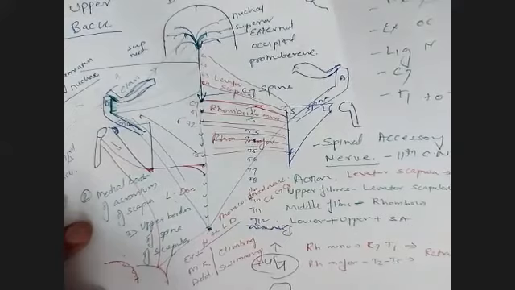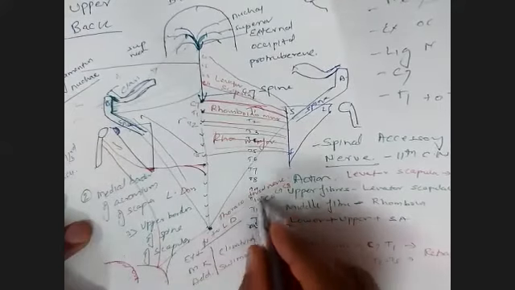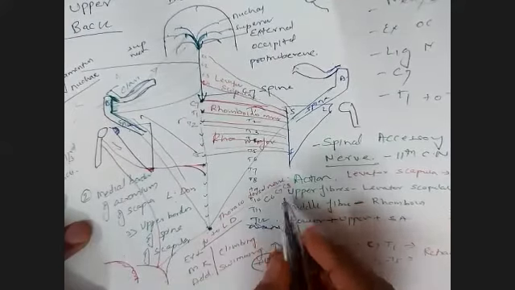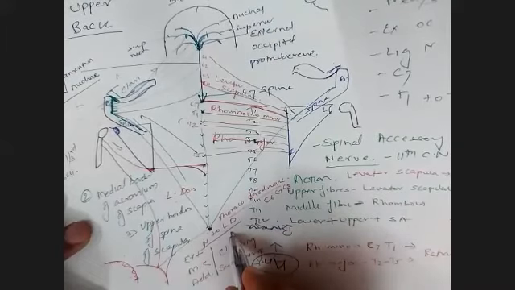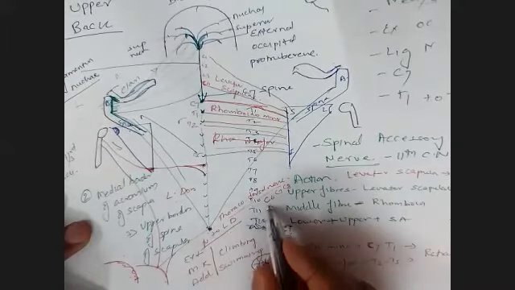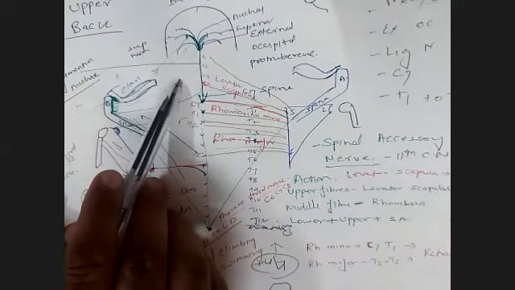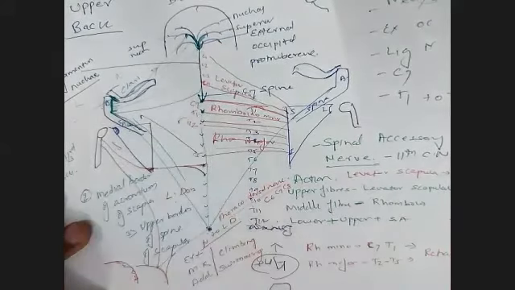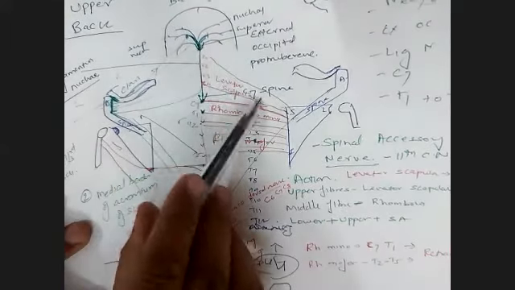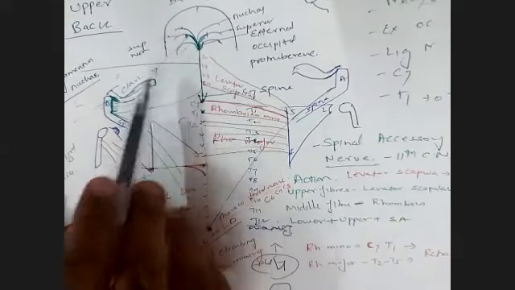Between the two major muscles, the nerve supply is the thoracodorsal nerve. Thoracodorsal nerve, also called the nerve to latissimus dorsi, is a branch of the posterior cord of the brachial plexus, C6, C7, and C8. The trapezius, the actions: upper fibers along with levator scapulae elevate the scapula, middle fibers along with the